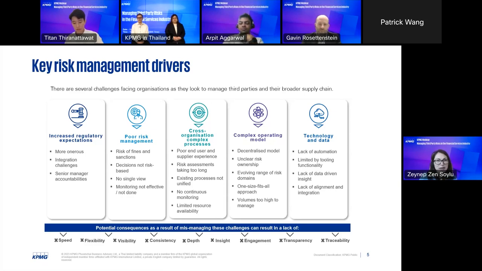I hope I paved the way to now deep dive a little bit on the risk universe, because we said it is not staying where it used to be, it is ever expanding. She's going to take us through the regulatory drivers and broader third-party risks. And then Gal will give us a little bit more insights about the client challenges we see, how the organizations are approaching, and how the future of TPRM is looking like. Back to you, team.